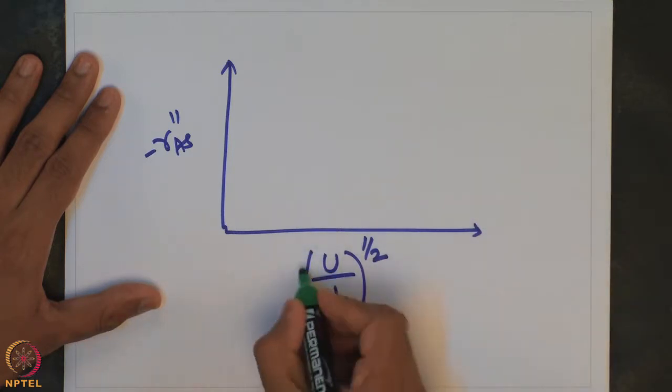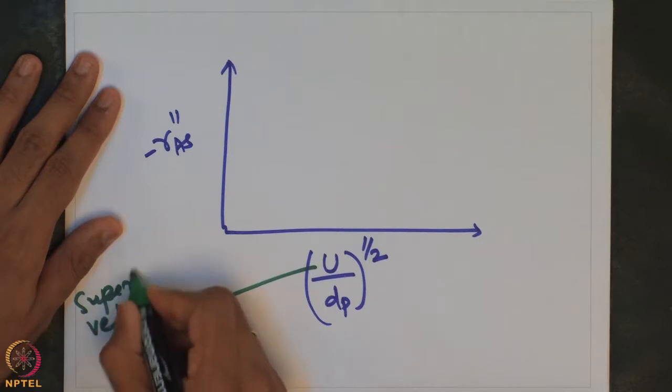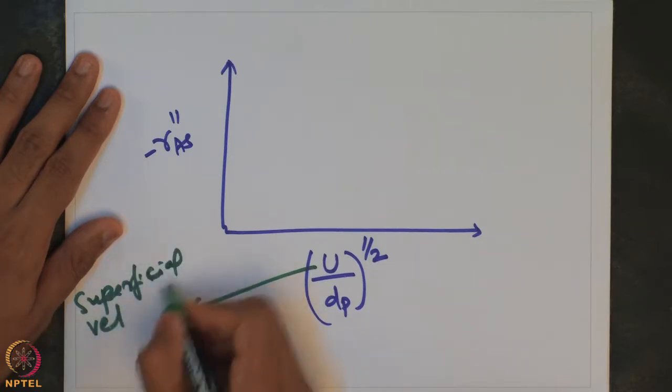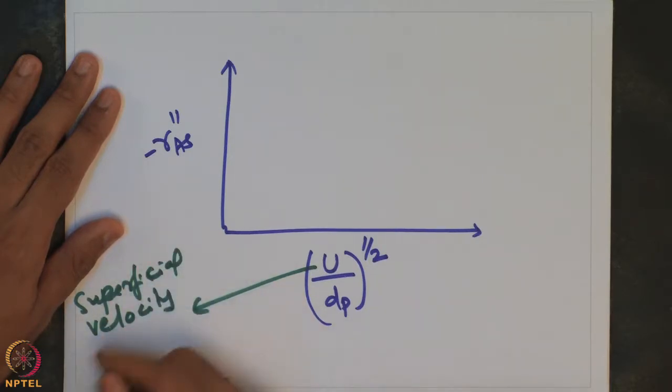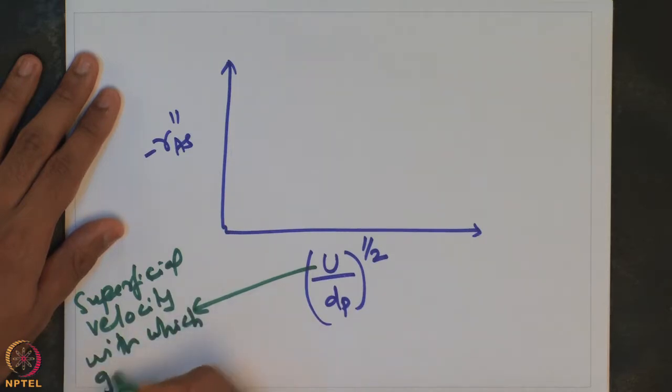What is this u? This is the superficial velocity with which gas is flowing